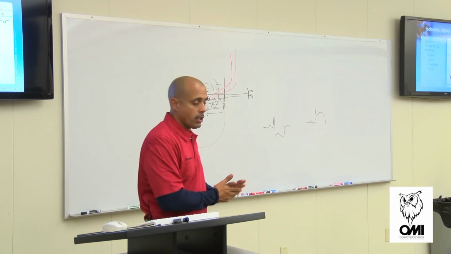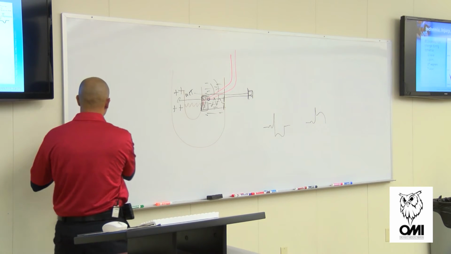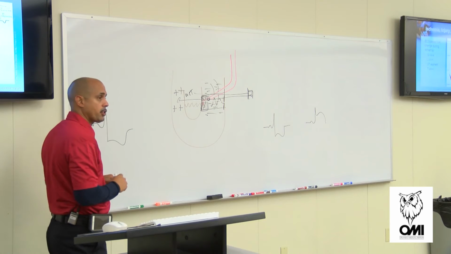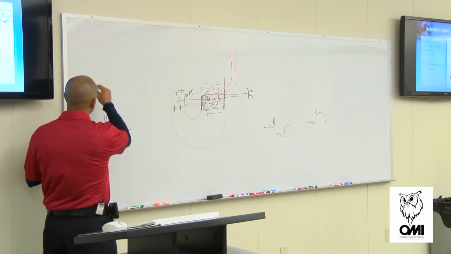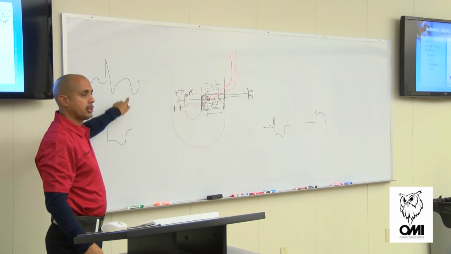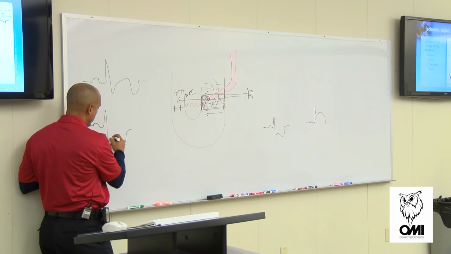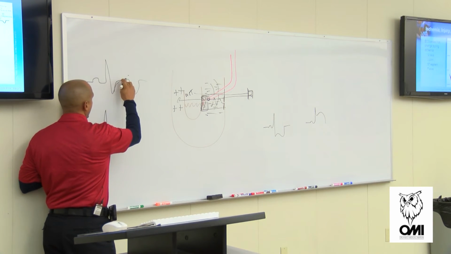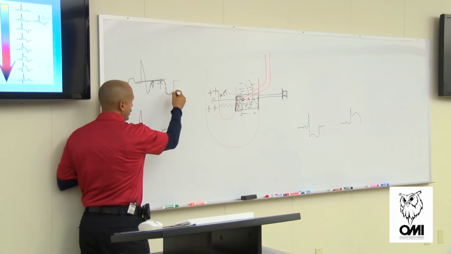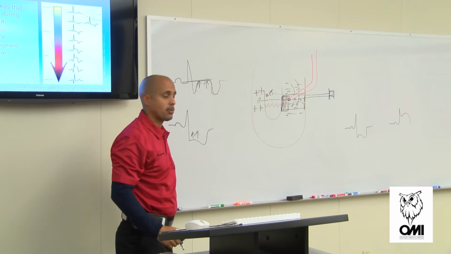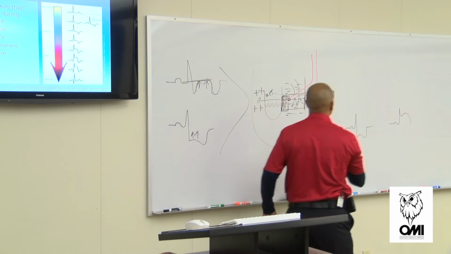So we know where we start. The MI starts with what? ST what? Depression. I'm sorry. Yeah, ST depression. And then it rapidly evolves into an inverted T wave. Why does it go to that? Because what's happening to this J point? It's starting to elevate. I just happened to catch it when it's back down to baseline. But you see it right here? It's just pulling it up. So that's a sign of ischemia as well. So I go from ischemia now to